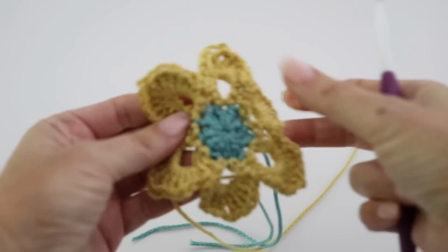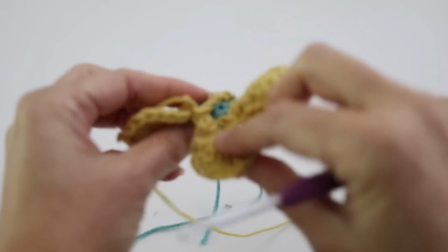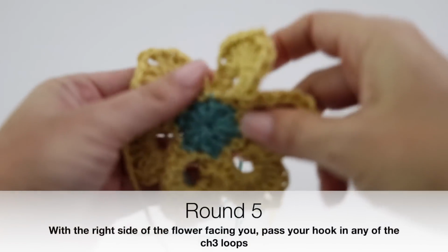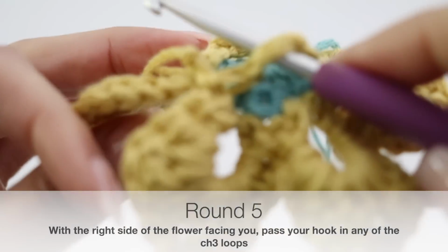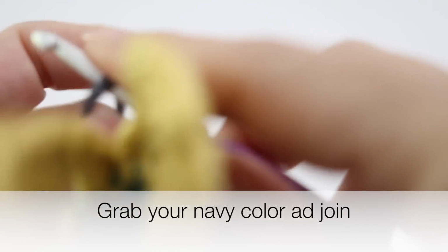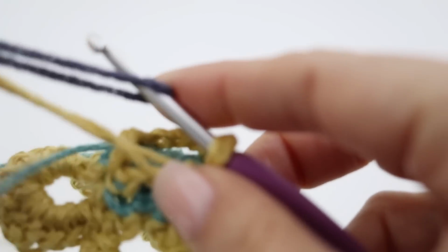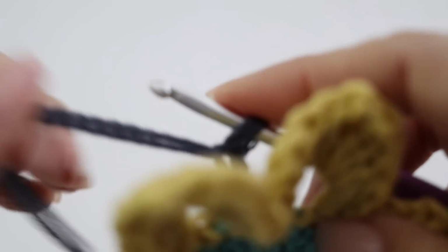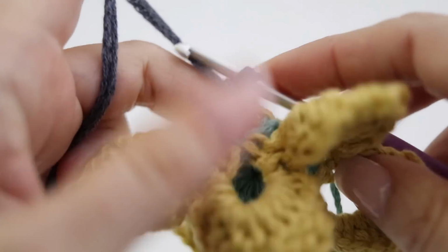And now we're going to work having your flower facing you, so right side facing you, but passing your crochet hook through any one of those 3 chain loops we just created. So you pass your crochet hook and you take your third color, in our case it is the navy blue, and you join your blue color with any of the 3 chain loops we had made. Remember, with the right side of your flower facing you, and then you're going to chain 3. This will count as your first double crochet,